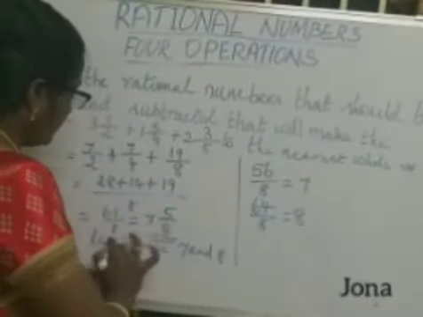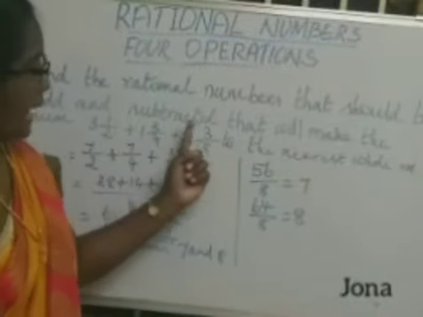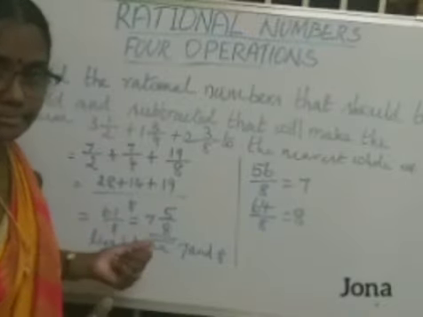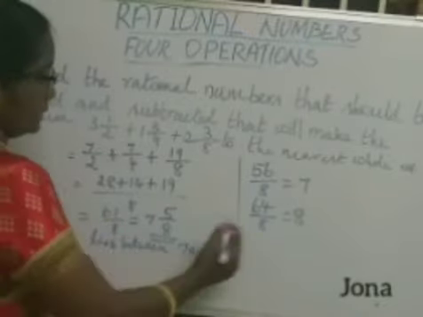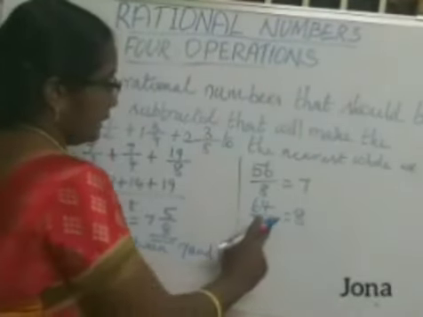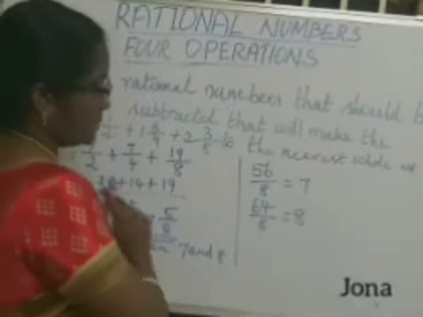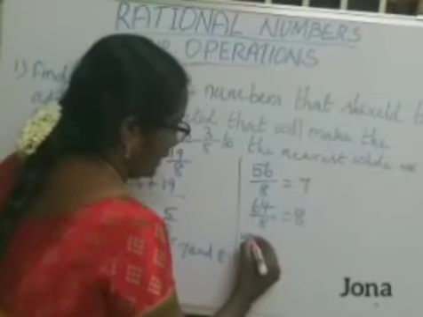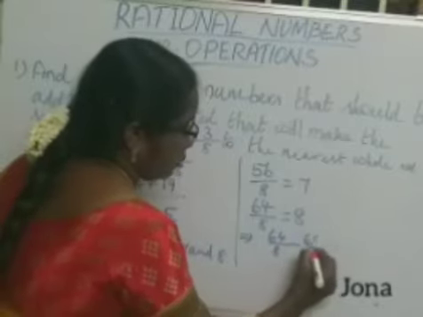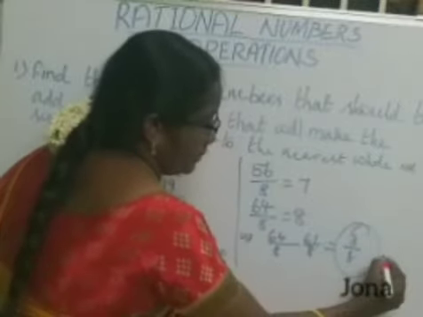Okay, so from this rational number, the problem asks what number should be added and subtracted. Along with this number, which number should be added? We are going to find which number should be added to get the nearest whole number, which is 8. So from this I want to subtract this one. The number to be added is 64 by 8 minus 61 by 8, which is equal to 3 by 8. So this number should be added.